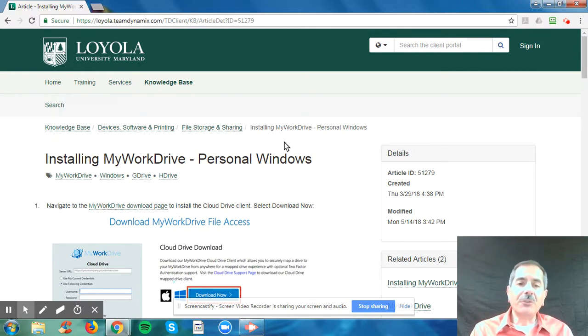Now, in Module A, there are 2 links that are available to show you the installation instructions from MyWorkDrive so you can connect your personal computer to the Loyola resource. Since I'm using a PC, I'm going to go through the instructions for installing MyWorkDrive on a Windows-based machine, but the instructions are similar installing MyWorkDrive on a Mac machine. You just click the appropriate link. So let's get started. Once you click on the link, when I clicked on the link for